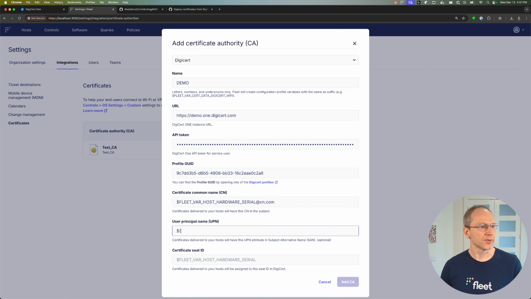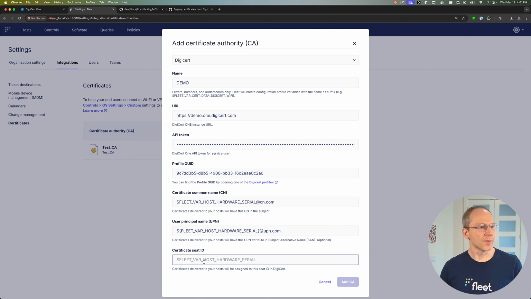You can also use this format with these types of brackets. Fleet var host hardware serial at UPN,